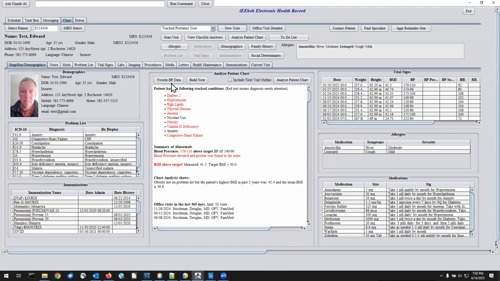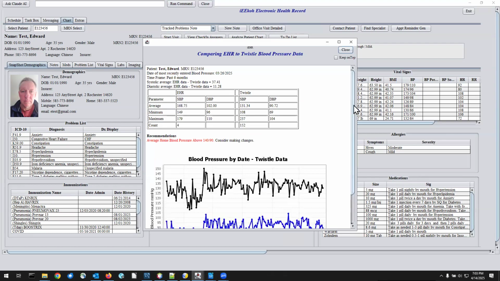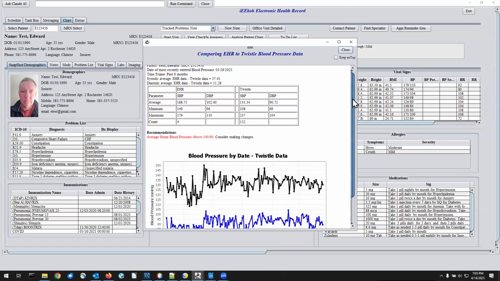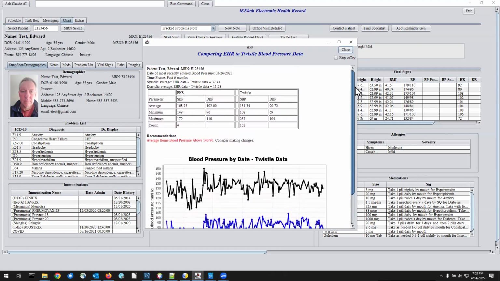First off, let's just look at Twistle data for this patient. This is just very simple. It was input from the Twistle data we get from our patients, and this is Edward's test data. It compares blood pressures from the electronic health record versus the data we got from the patient's home. It lists the difference between those two sources of data, and it helps clinicians better understand what's really going on